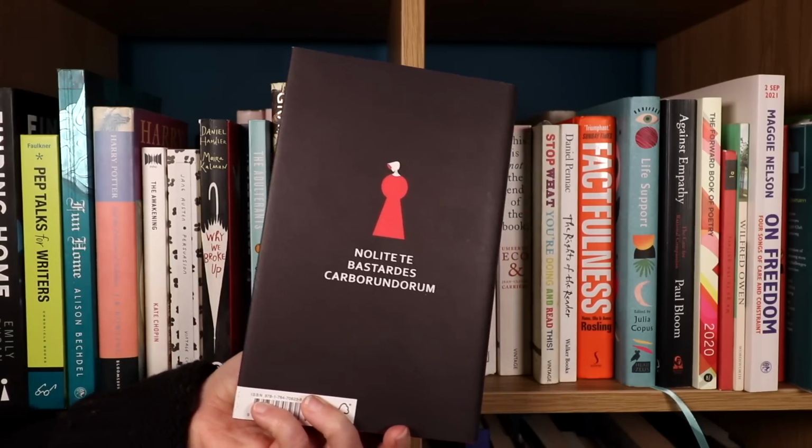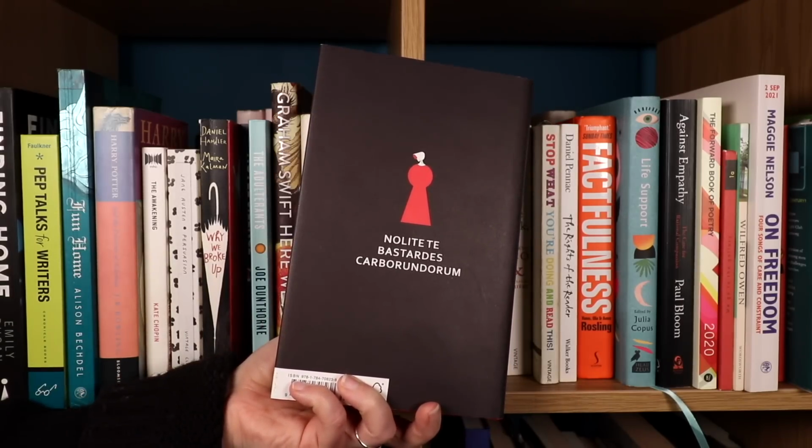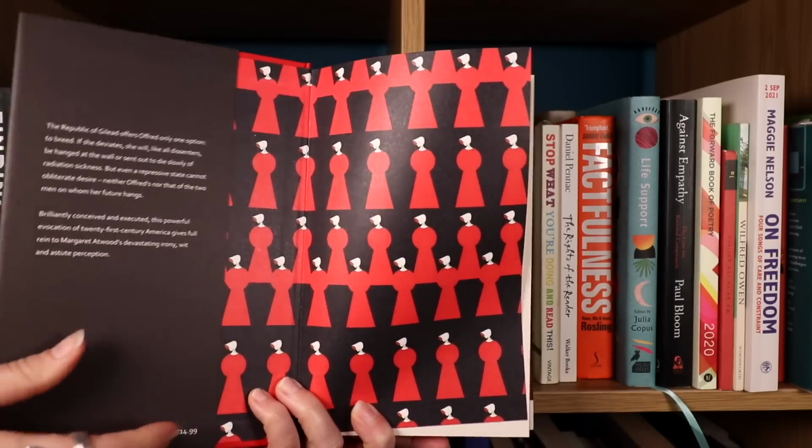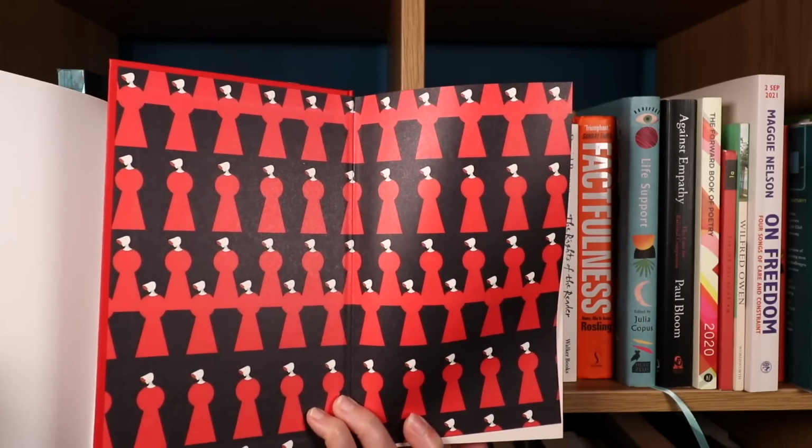This copy also has sprayed red edges, which isn't to do with the book cover designer, but is also a nice design feature. And on the back, it literally just has, "Don't let the bastards get you down," in Latin, which is part of the book and part of the like linguistic icons of the book. Inside, the end papers are repeating handmaids like that,